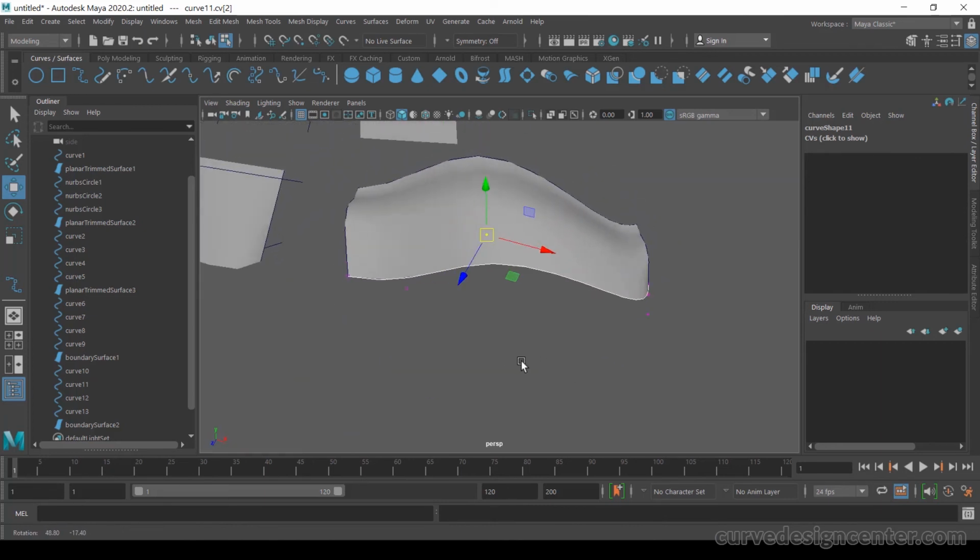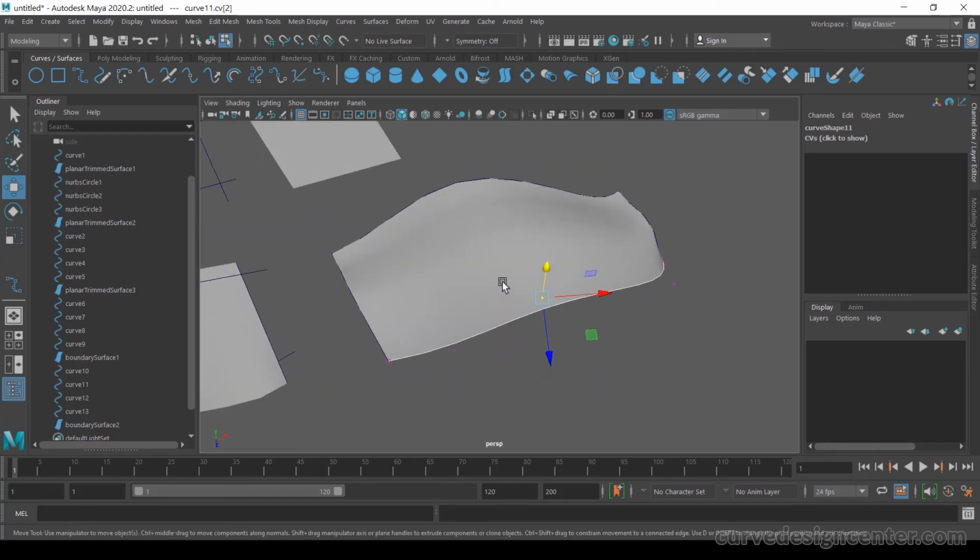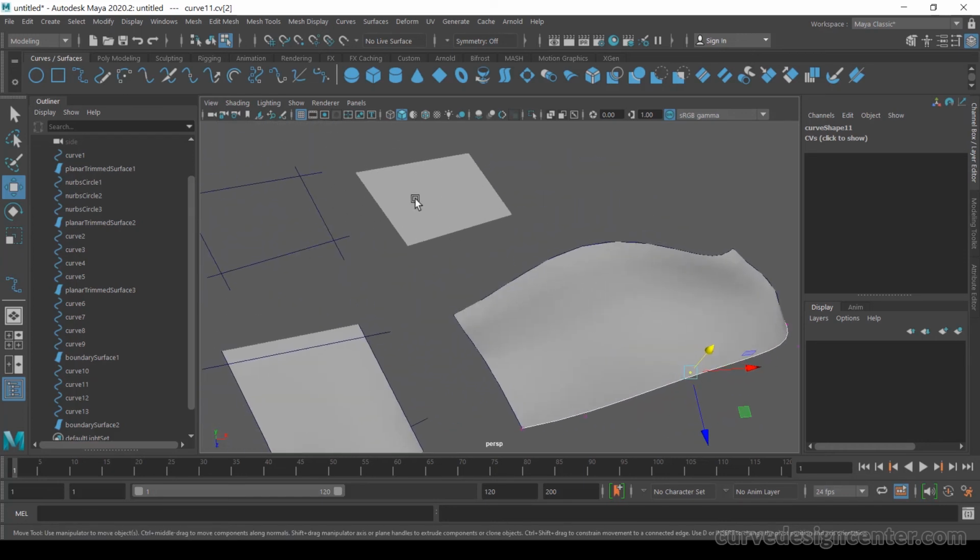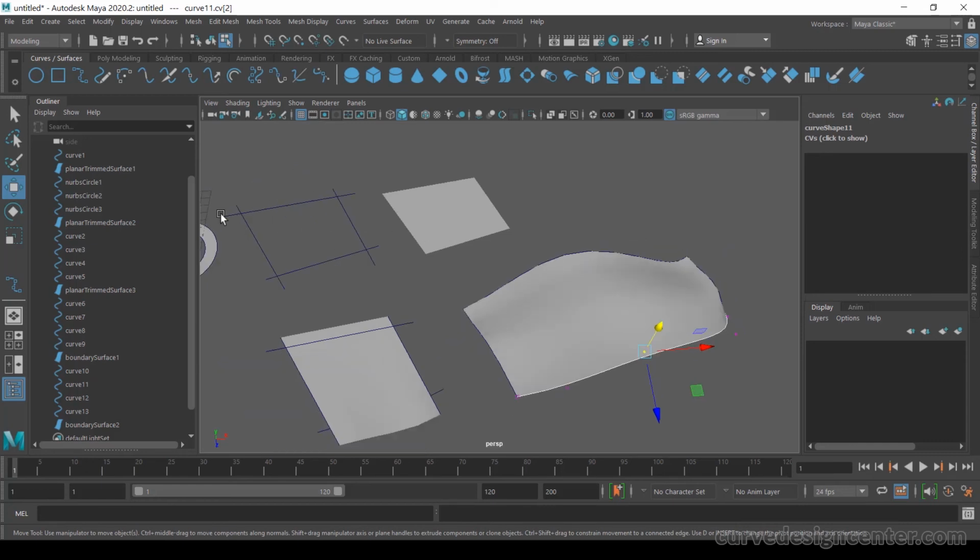The boundary tool is more freeform but not so precise. You have to create these curves very precisely. If you want to make a precise surface, you have to draw these curves very precisely, and then you can get that type of result. But it's very freeform. The planar tool is not so freeform. It only needs straight lines, not curve lines like these.